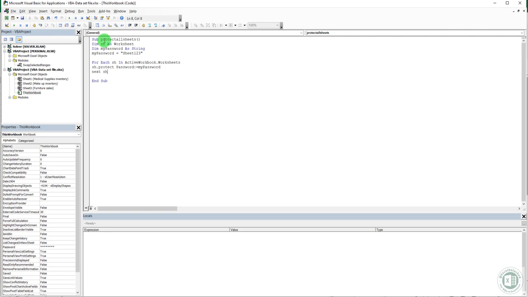Loop through the next sheet, and then this is it. That's the simple piece of code of 1, 2, 3, 4, 5, 6, 7, 8 lines.